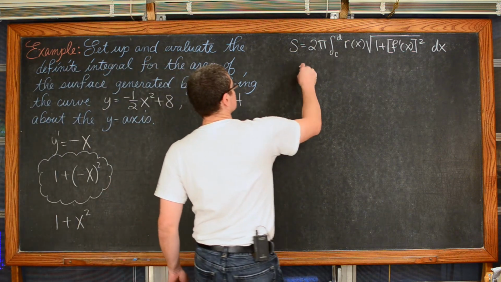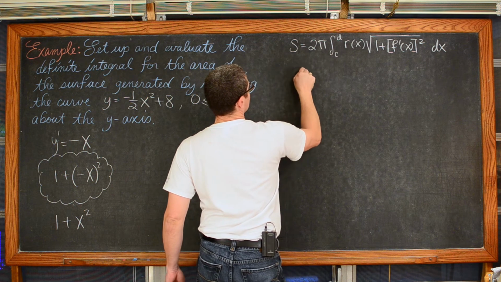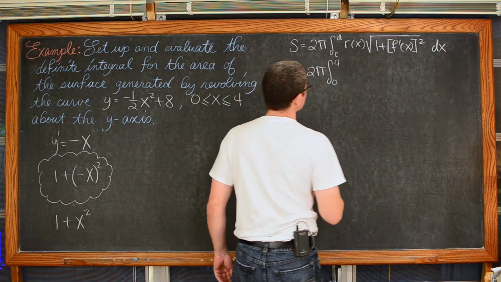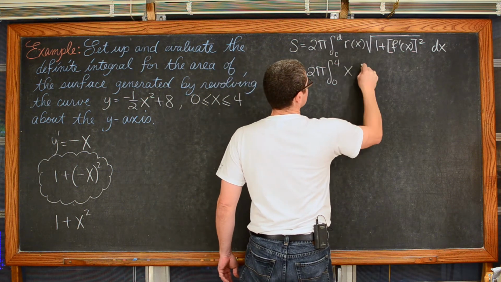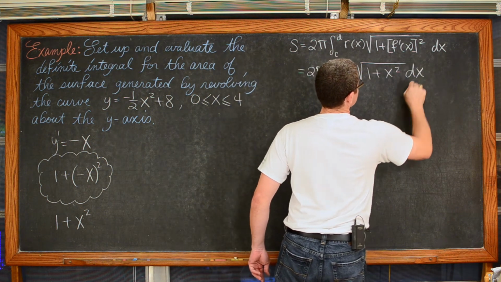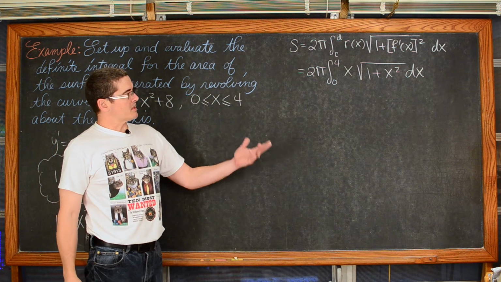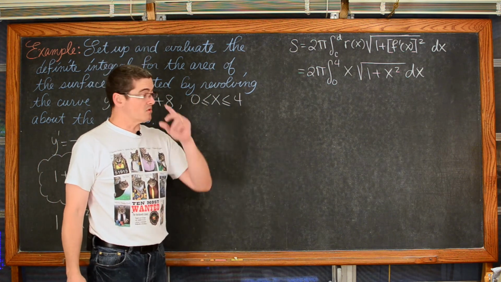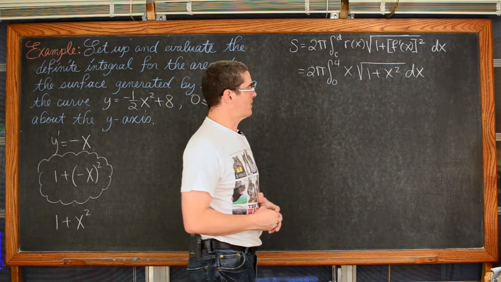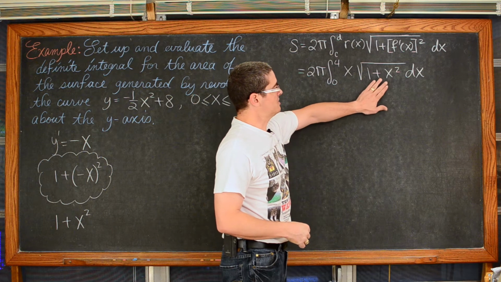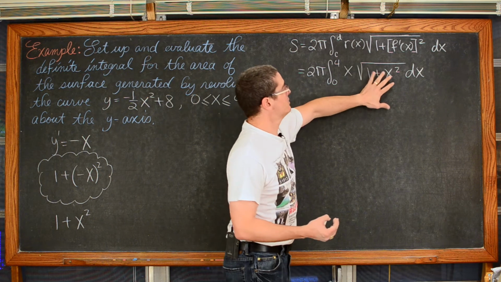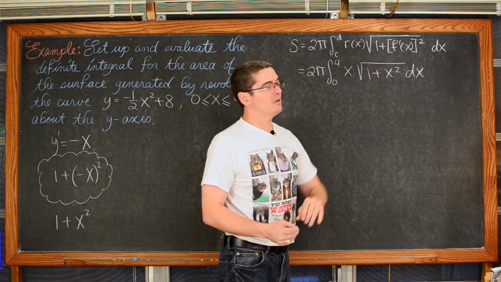And we have our surface of revolution. Our area is going to be 2 pi times the definite integral from 0 to 4. My radius is just simply x, times the square root of 1 plus x squared dx. So this looks like a pretty straightforward problem that we could do with u substitution, like we did way at the beginning of our study of calculus, or we can do some pattern recognition. Inside this expression, which is in the square root, or within the 1/2 power, we have 1 plus x squared.